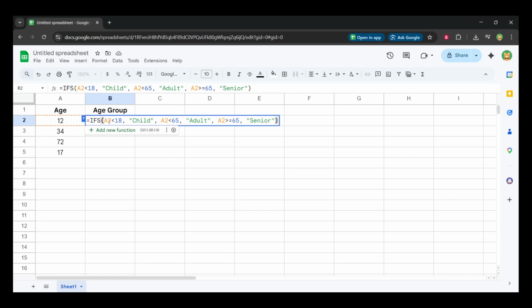Click the first age cell in your list to reference it. Now, set your rules in order. First, test whether that age is less than 18, and return the word child in quotes. Next, check if it's less than 65, and return adult. Finally, check if it's greater than or equal to 65, and return senior. Your pattern will look like condition, result,